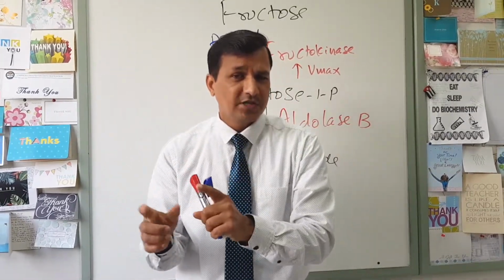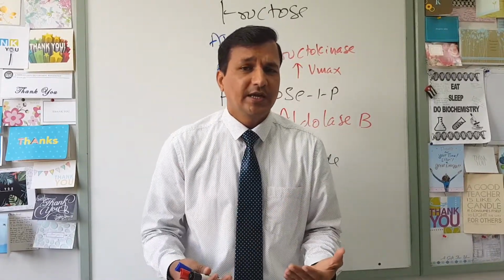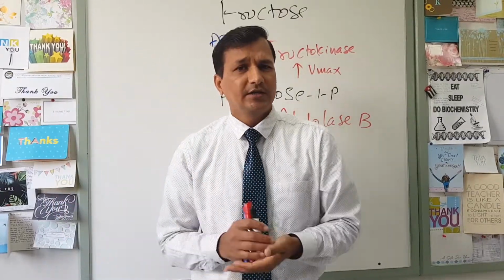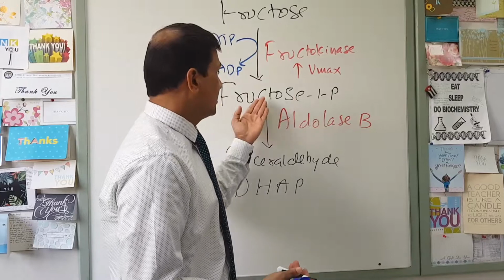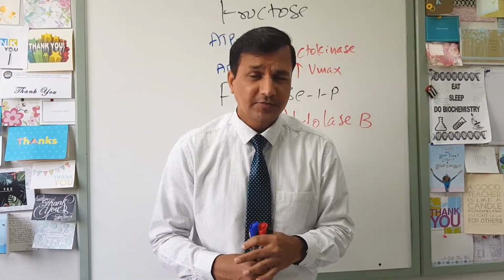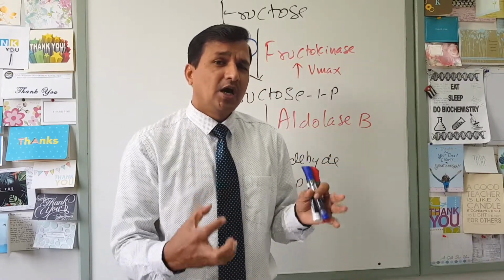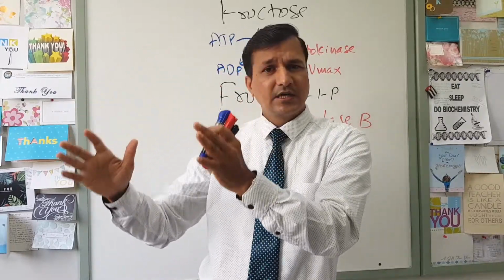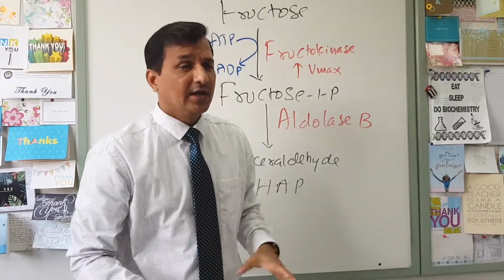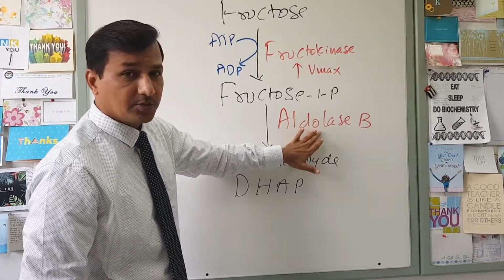Now, if you compare the affinities of these two molecules, that is fructose 1-phosphate and fructose 1,6-bisphosphate, for the aldolase B enzyme, aldolase B preferentially wants to metabolize fructose 1,6-bisphosphate into glycolytic intermediates before it metabolizes fructose 1-phosphate into glyceraldehyde and dihydroxyacetone phosphate. That means when both molecules are available, aldolase B prefers to metabolize glycolysis first rather than coming into fructose metabolism. Anyway, whenever there is accumulation of fructose 1-phosphate, aldolase B is going to break down